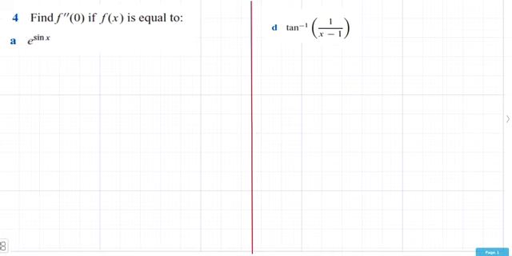So we're going to finish off our work from yesterday, which was our last lesson, finding second derivatives. In this question we have e to the sine x is y. If we take our first derivative, remember the derivative comes out the front, so cos x, e to the sine